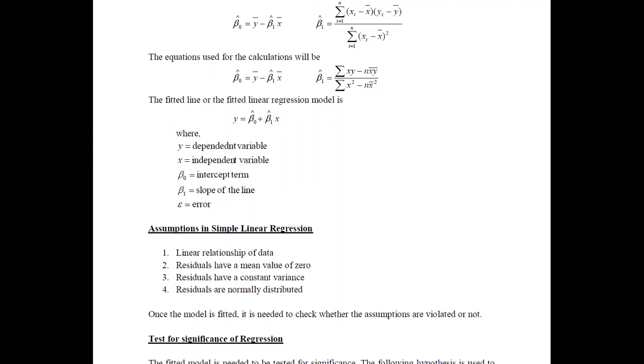Now think about this set of data. Now you may see that the data points are varying in this manner.